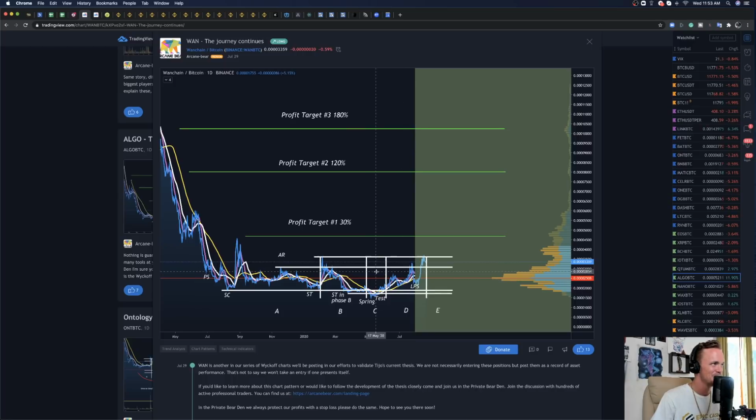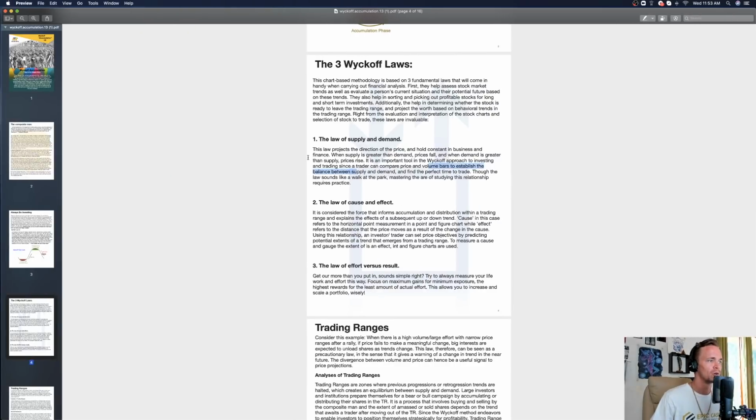This is a huge move, right? So, well, why does that work? It works because of the law of supply and demand. Once the market operator has shaken out all the weak hands, which there are a bunch of, judging by how many people left comments about their lack of understanding of technical analysis and the lack of their understanding of the value of my time, I want to take a look at the next aspect, which is the cause and effect,